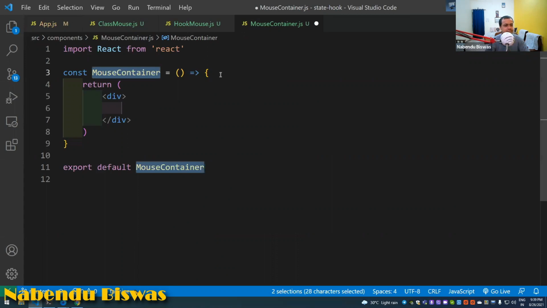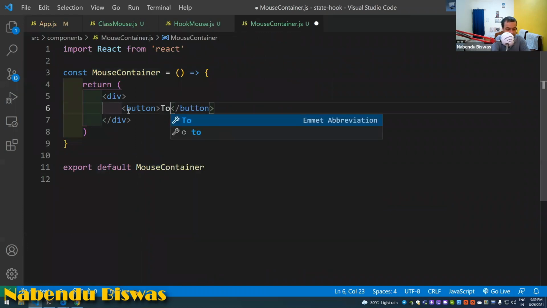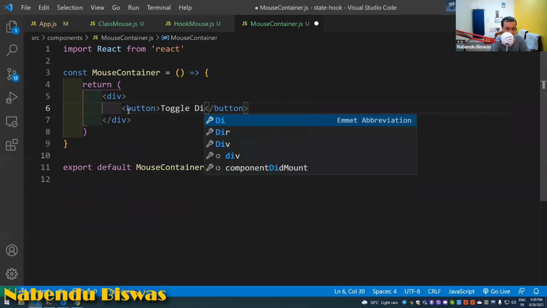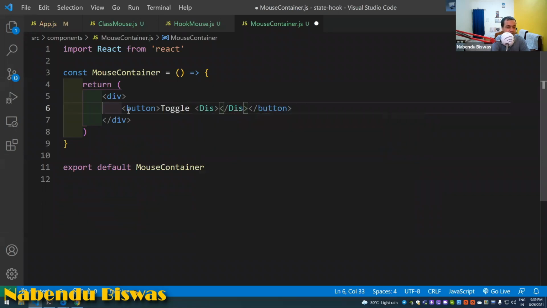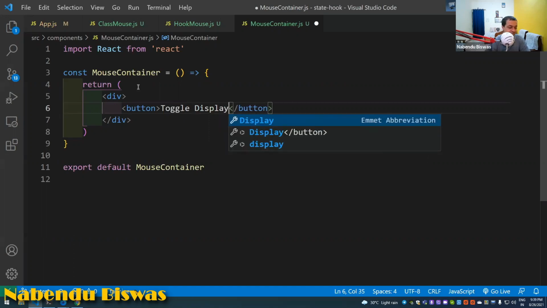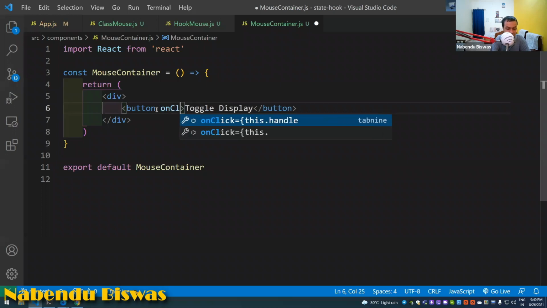Here a button, toggle display. Just a button is there, and on click,